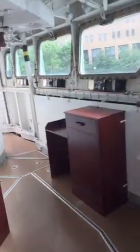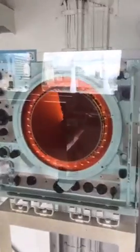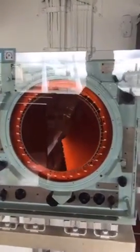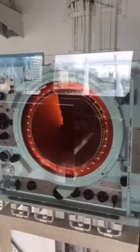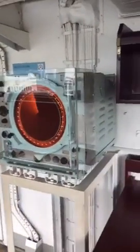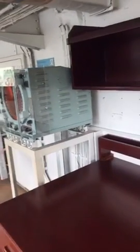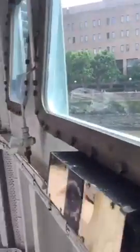So there you go, there's a little view from the bridge. Yeah, they do look after it. You can see that some of the things are working. Just to show you, there's one of the radars. It actually saw service in Korea. It actually fired more shells in Korea than it did on D-Day during the Second World War. So it was actually involved